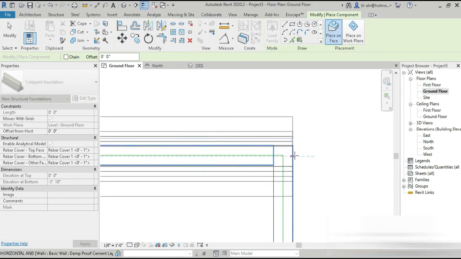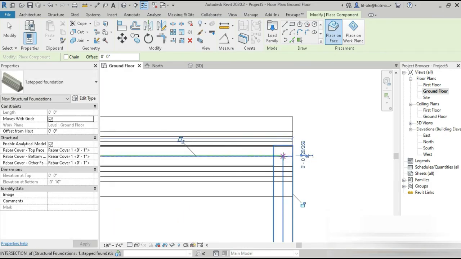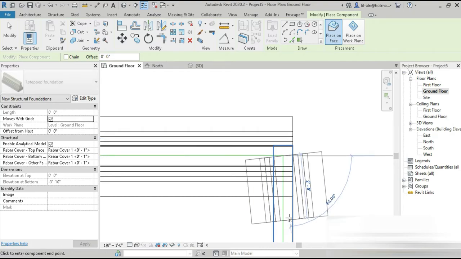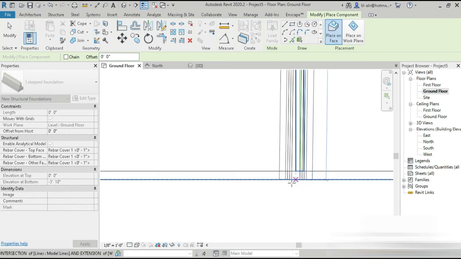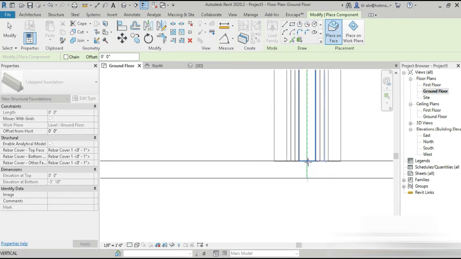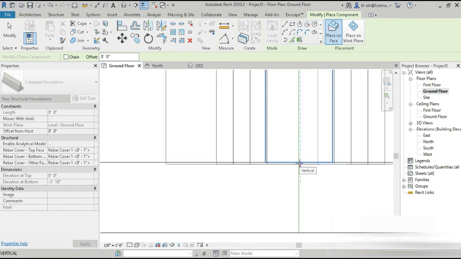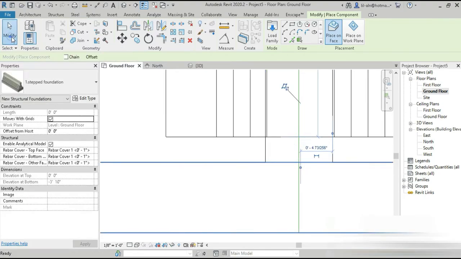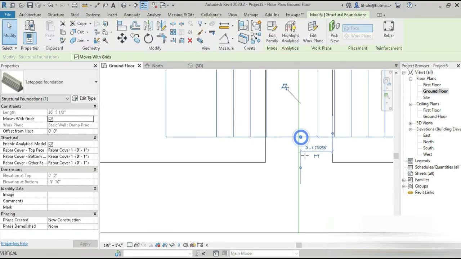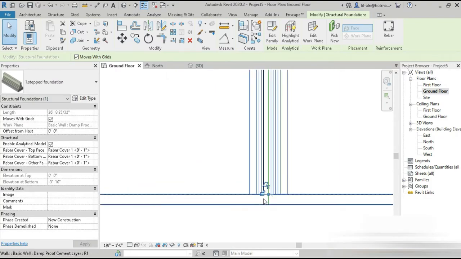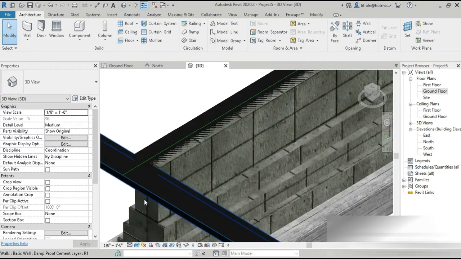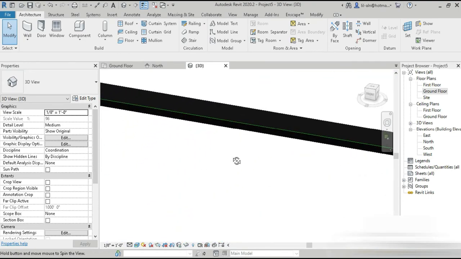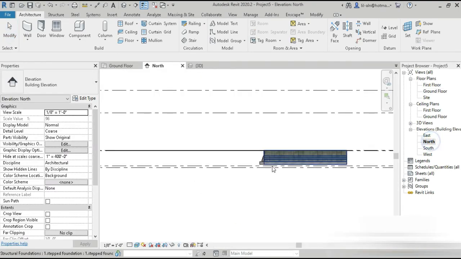let's bring this to here, and let's start from here again, and let's bring it to here. And if we are not sure, we can just simply write here. So guys, as you can see, we have already started to place our foundation. Now if you go to north,